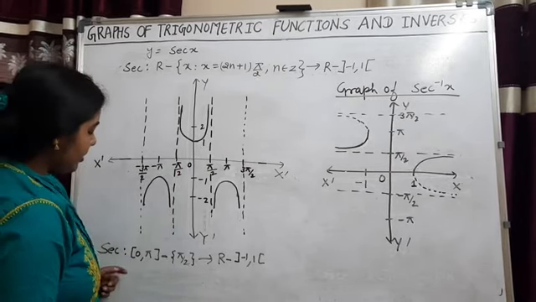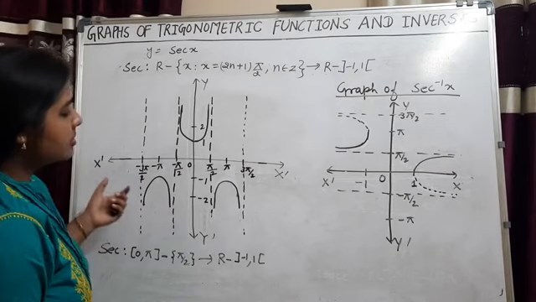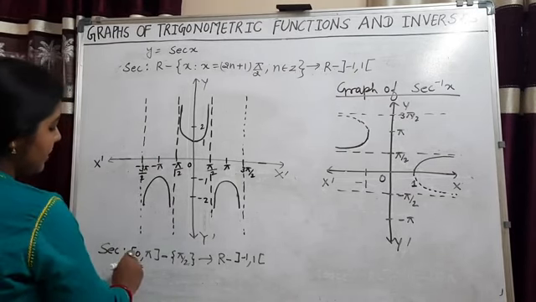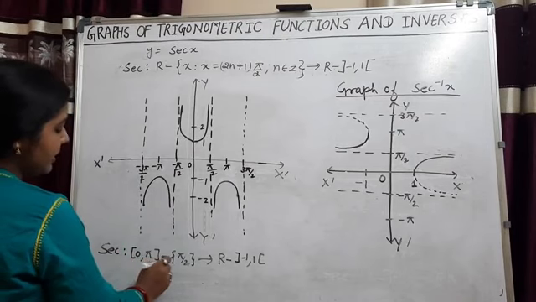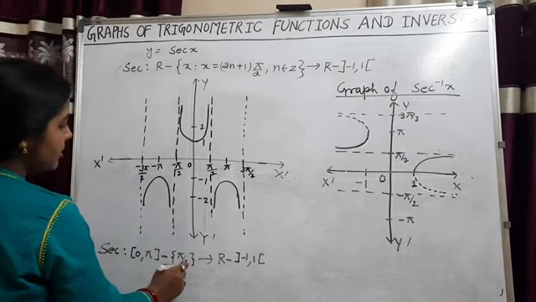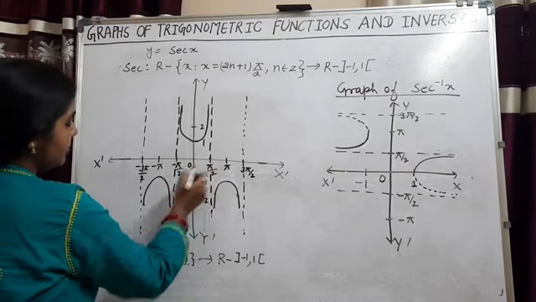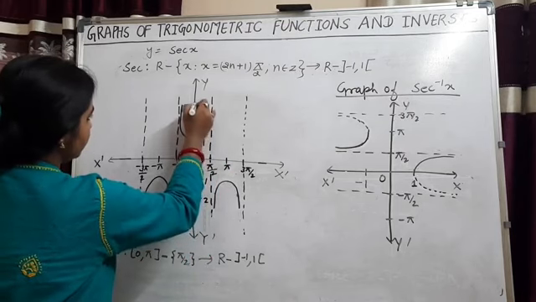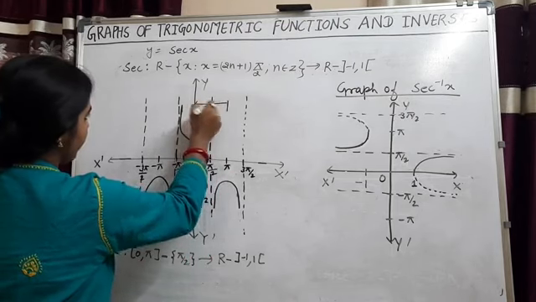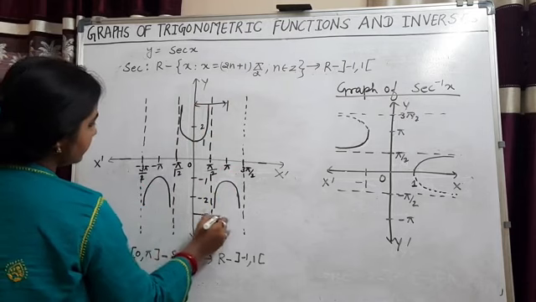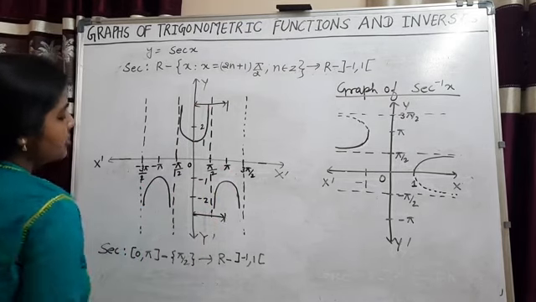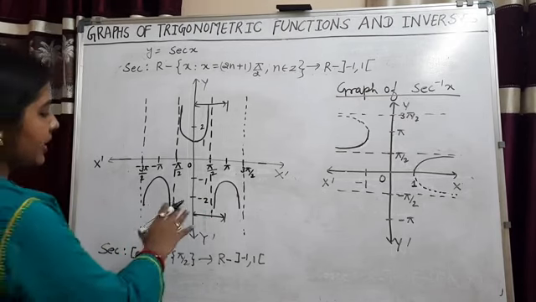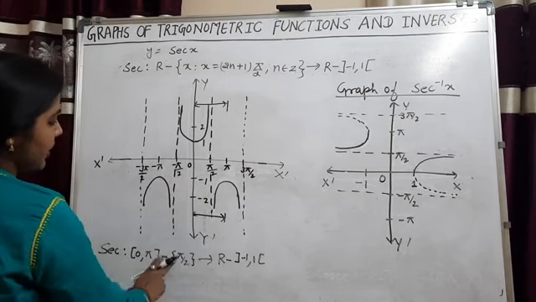So if we are taking the whole graph, this is not 1, 1 on 2. We have to take a small part. So we will take a part 0 to pi, closed interval, except pi by 2. Pi by 2 we will not take because sec pi by 2 is infinity. So we are going to take the part from 0 to pi, for showing sec x is 1, 1 on 2 in this part 0 to pi except pi by 2.